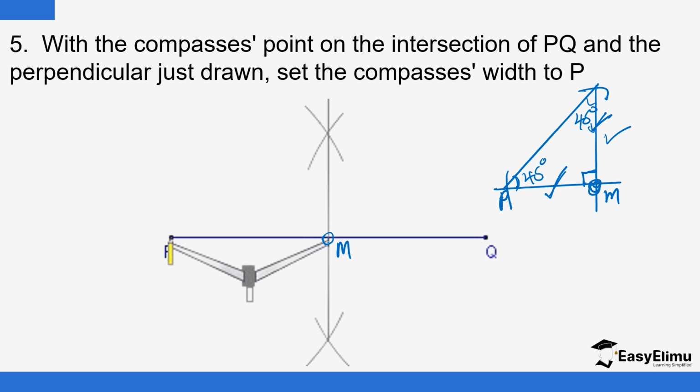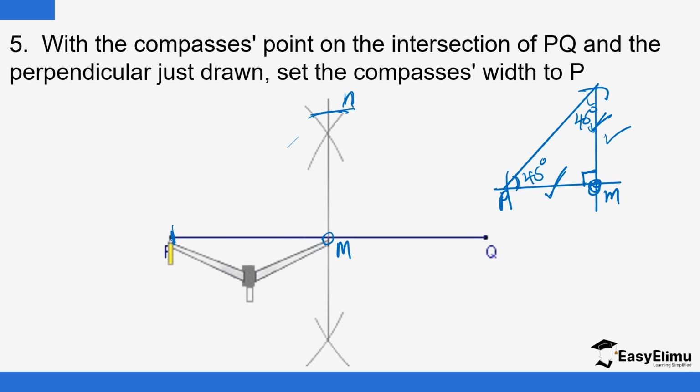See, so I'm using M as the center. Radius is, so I'll make sure that this is the radius. So I'll just make an arc there. Then I join P to, so maybe this could be N. I join P to N. So if I join P to N,